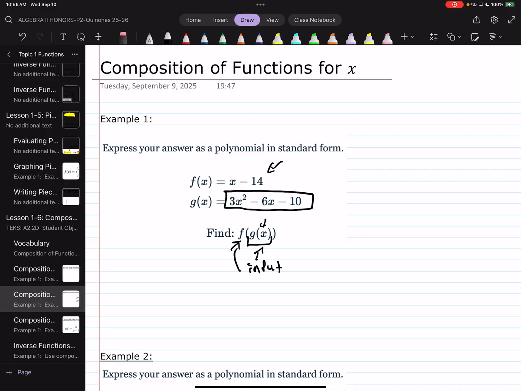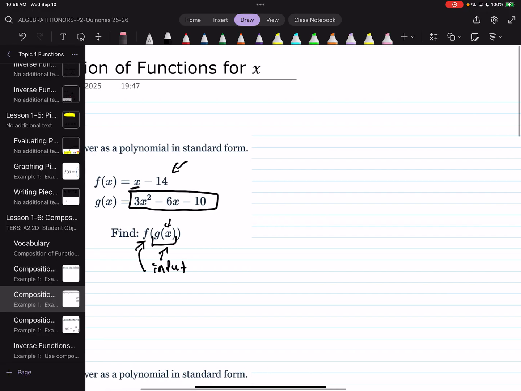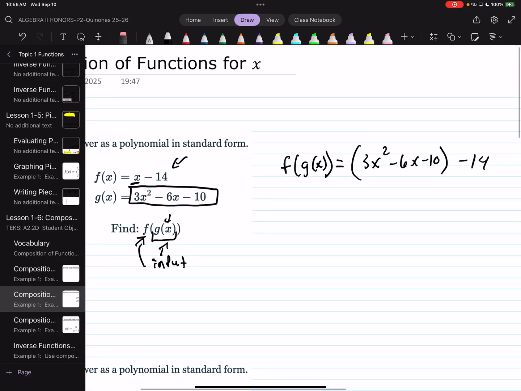So where is my input here? Right? Well, there's only one input, this x. So here's what I'm going to do. f of g of x is going to equal, in parentheses, 3x squared minus 6x minus 10, minus 14. Now, everybody, Delta Math is very unforgiving here. This is not enough. This is absolutely not enough. We need to simplify this. Well, there's nothing being multiplied to it. There is no power here, and there's no division underneath. So we can now open up the parentheses,